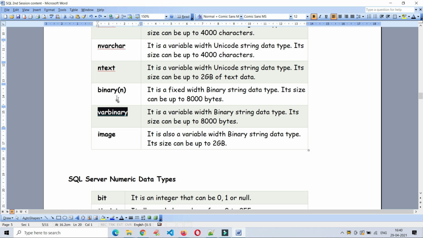Based upon its size, we have to choose either BINARY or VARBINARY. Or, if you want to store the image directly, we have an option called the IMAGE data type. It stores up to 2 GB of data. So what we choose depends upon our requirement, whether it is BINARY, VARBINARY or IMAGE.